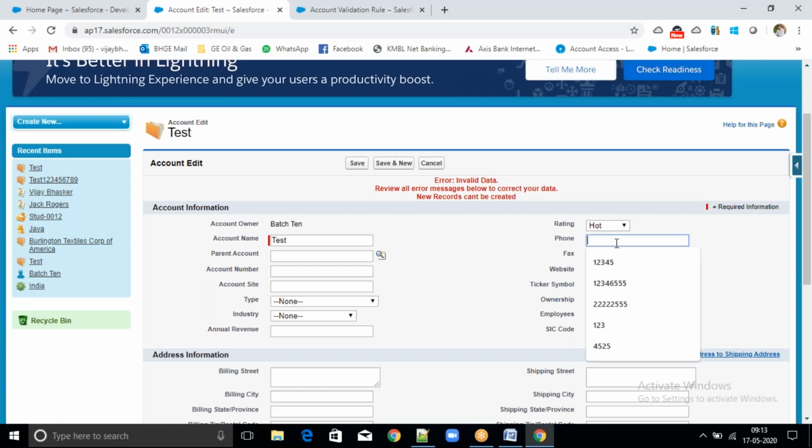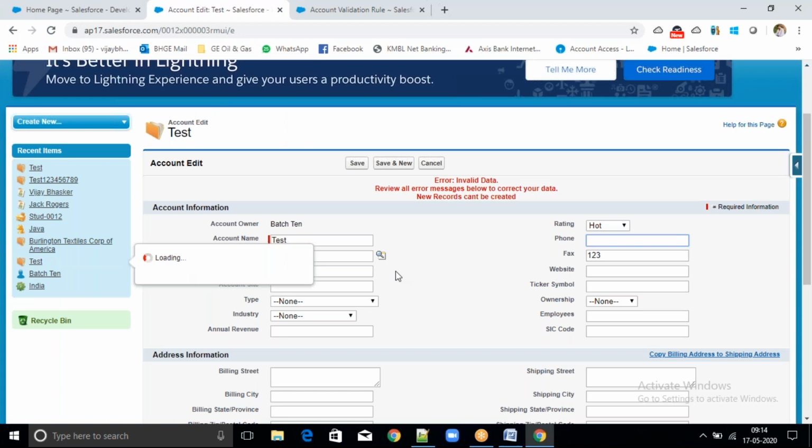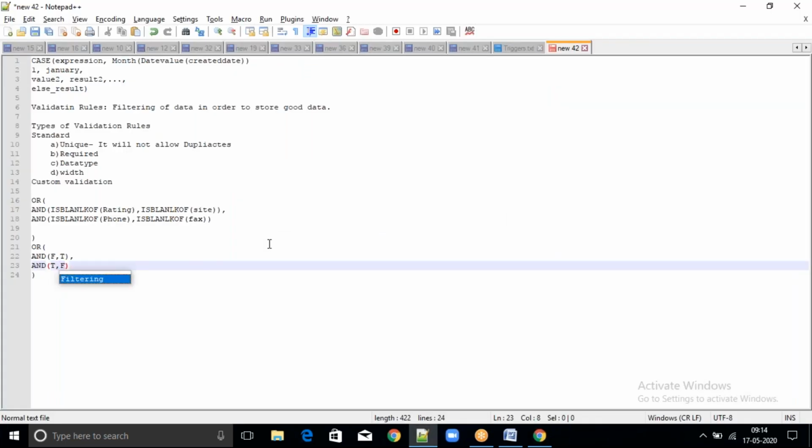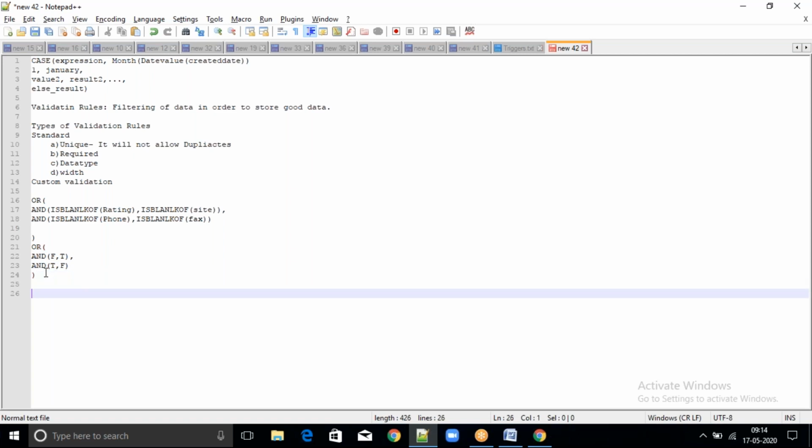You didn't enter anything, so now it will return true. Next, is blank of fax. False. So we have entered, right? So it's a false.